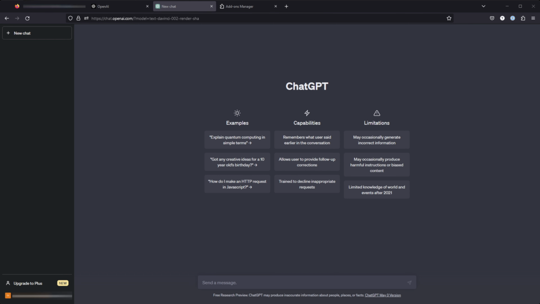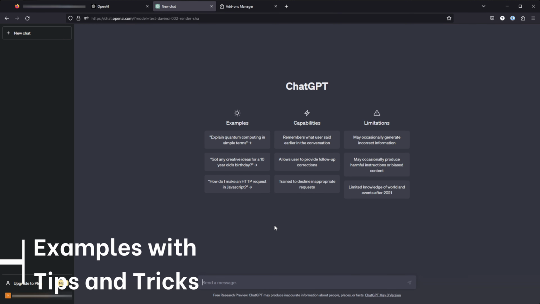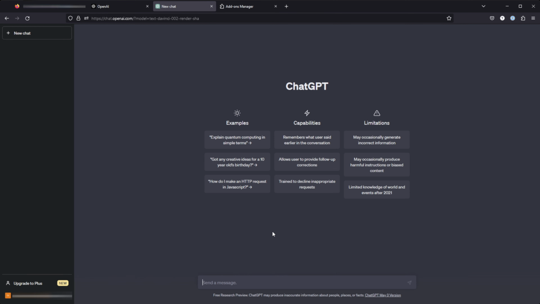Now that we successfully created the account and we logged in, you will see in the middle ChatGPT, some examples, and on the left side, you will see your chat history. And in the middle of the screen, you can now start writing the prompts. The responses for your prompts will start showing up here in a very human-like way. So what kind of examples, what kind of help can you get from this? So let's start with some of the usual prompts that you can use in your work every day, which is